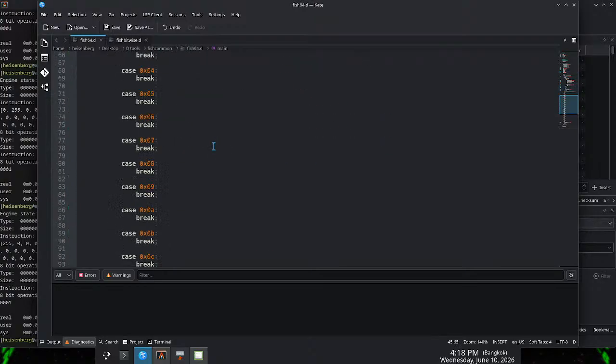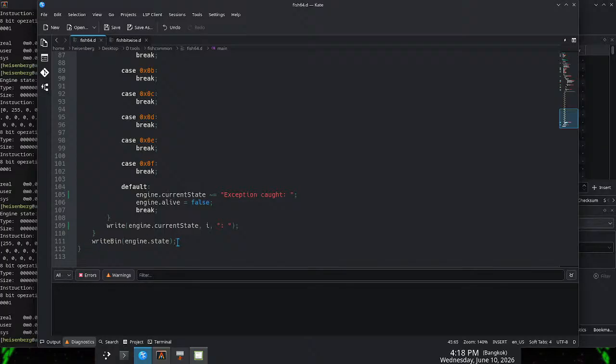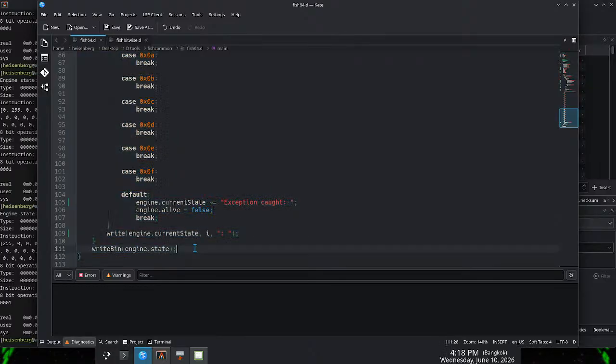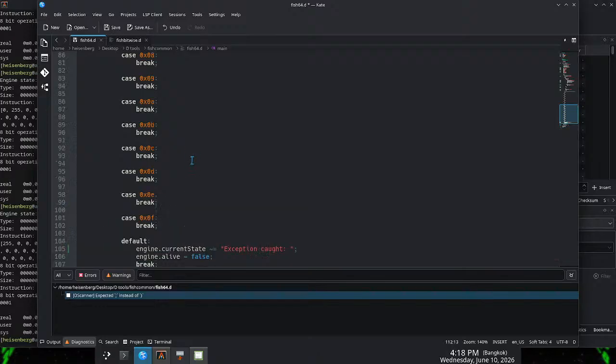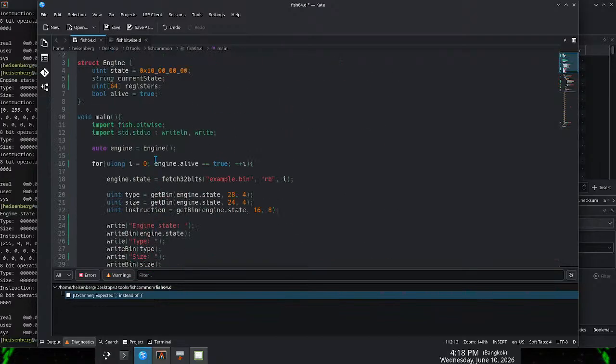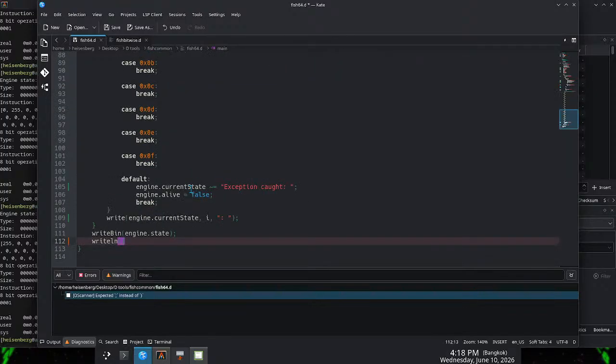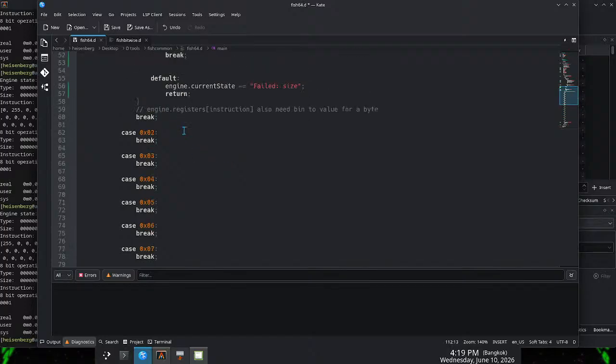Yes, and then current state, and then we also want to write the... actually, if it breaks, then we will write the... just write writeln. Do I have writeln as an import for that main scope? Yes, I do. Okay. Writeln, and then this struct is called, like,